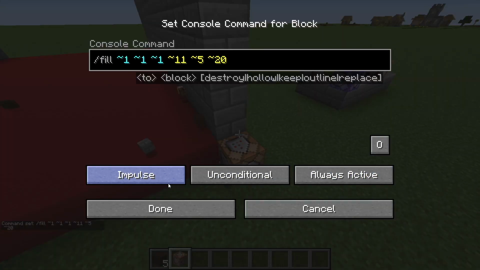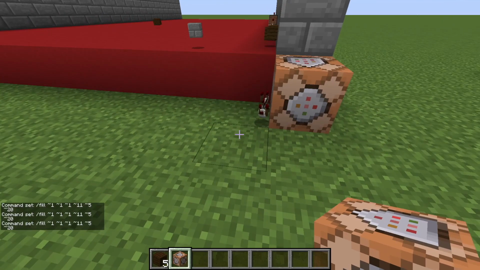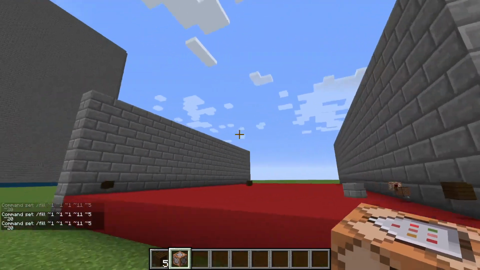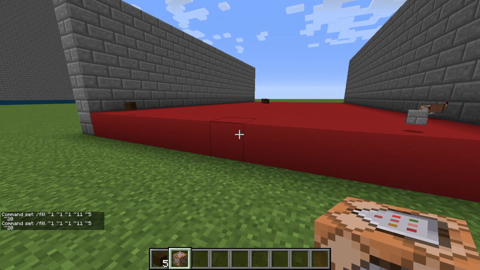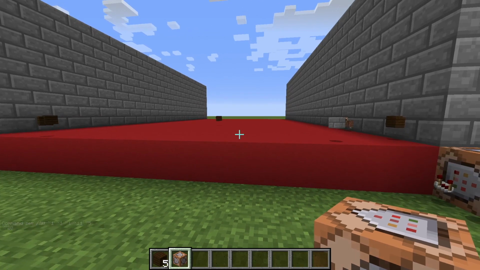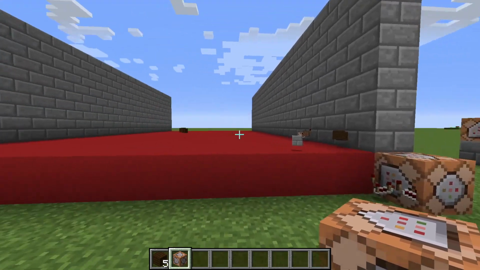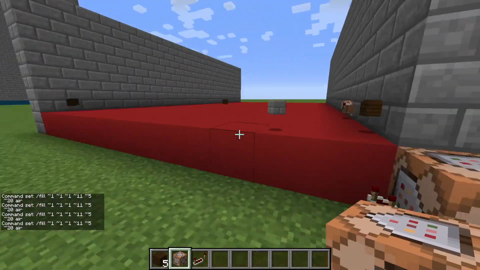If you did turn it on to always active and it did remove a little bit of your area, you can always improvise and just expand your area if you want. That's probably what I would do. But if it didn't do anything, that is a really good thing. The area was filled with air